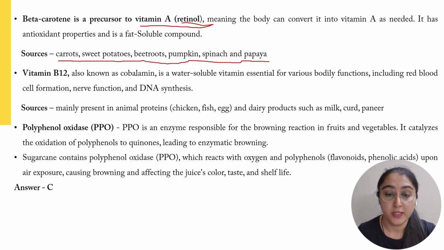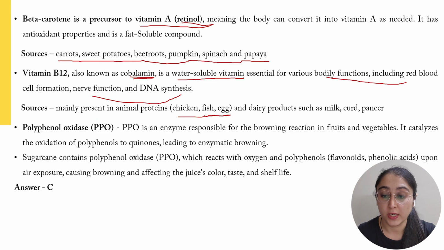These are all rich sources for beta carotene or retinol. Then we have vitamin B12, which is also called cobalamin, and as we all know, it is a water soluble vitamin which is essential for various body functions including red blood cell formation, nerve function and DNA synthesis. And the sources mainly include animal proteins such as chicken, fish, egg, and mainly the dairy products which include milk,